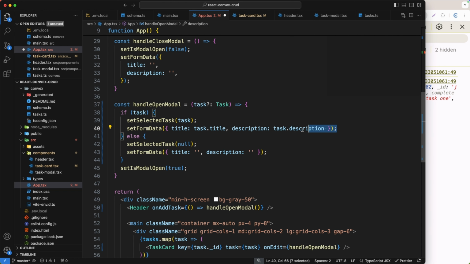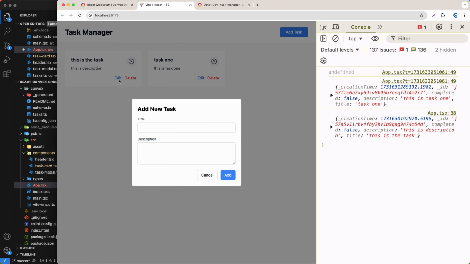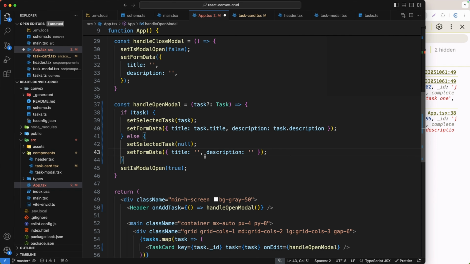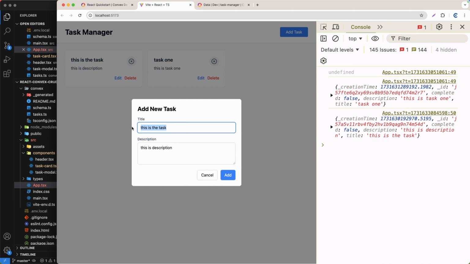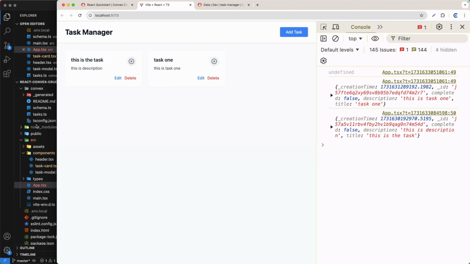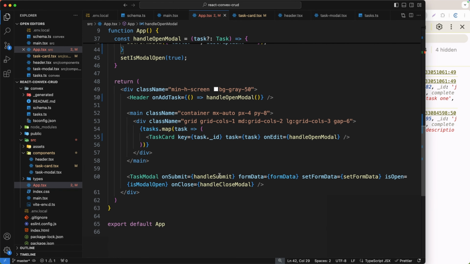This will fill the input field on this edit right here, right? And otherwise just do null and also an empty string. Let's try to save, and now if I click edit, as you can see, we get this value. That's because, as you can see here on the form, on the text model, we basically send the form data,